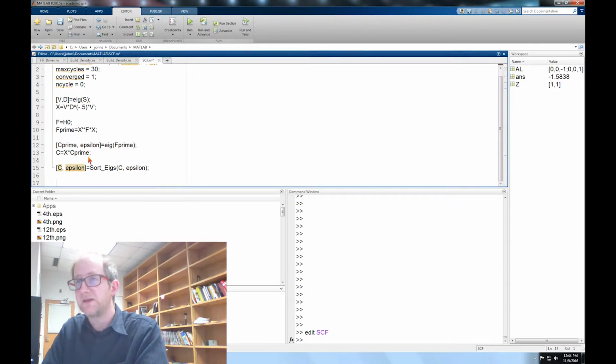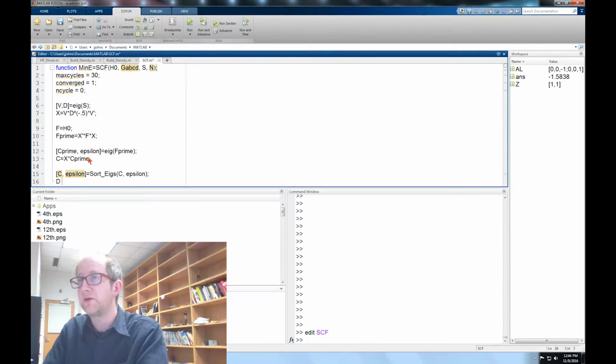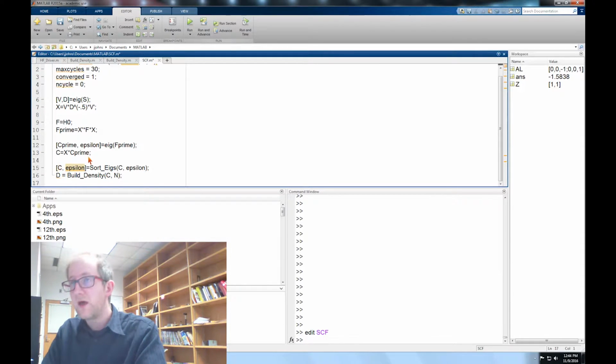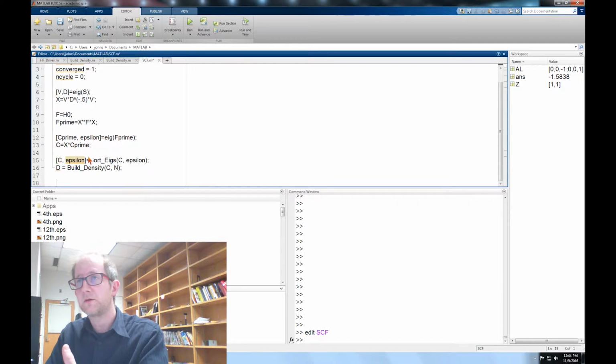We'll then make a density matrix, D equals build density C, and then we need to give it the number of electrons. We'll need to write that one as well. Now that we have a new starting density based on the eigenvectors of our one electron Hamiltonian, we're ready to start